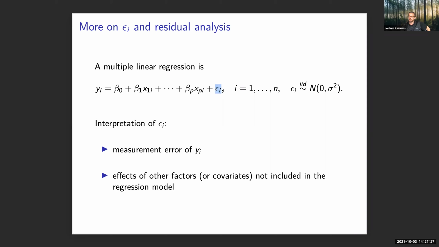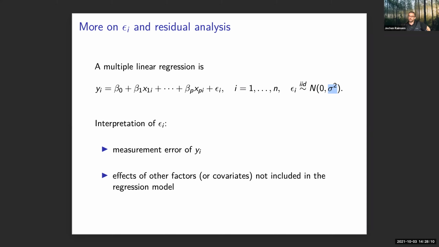That is the same, which is essentially i, which can take values from 1 to n. These are independent entries. So this is not yet a longitudinal model where you have repeated measures. This will be part of BIOS2, your next step in statistical education. And they are meant to be identically distributed. This distribution of this error should be normally distributed around a mean of 0 and a variance of sigma square. We're interpreting this as a measurement error of yi,